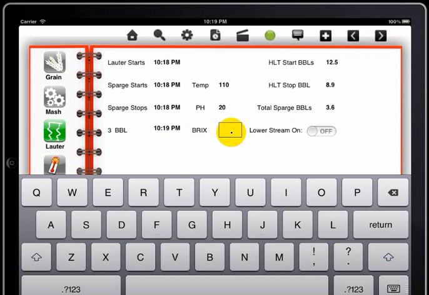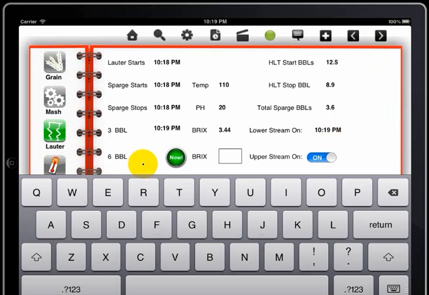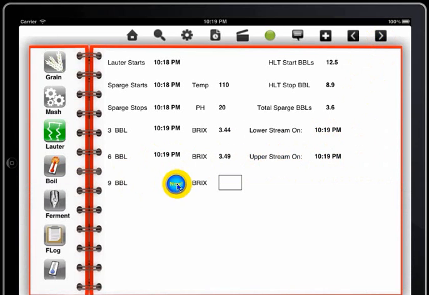and now these are the various stages at which you're going to take the readings, which have been set in settings, which is customizable for each type of beer, and then it's enforced so that they have to go through all the stages and record the time they took the reading, and they actually take the reading and indicate whether upper stream was on or not. As soon as they touch it, we capture the time and the state that upper stream was on,